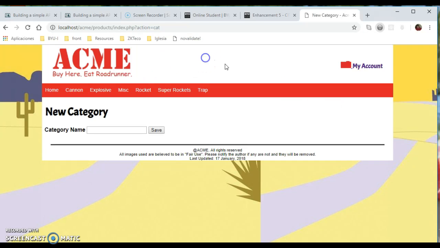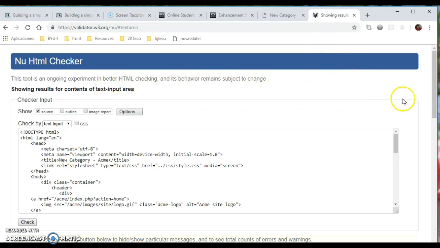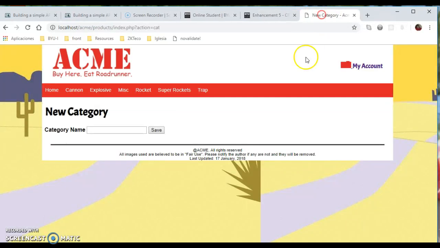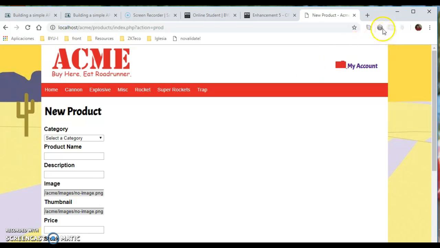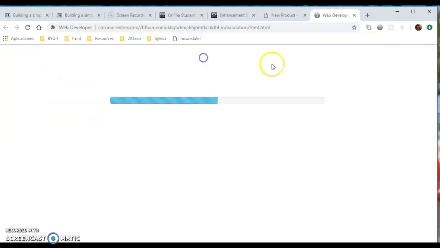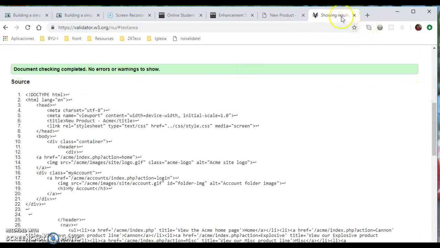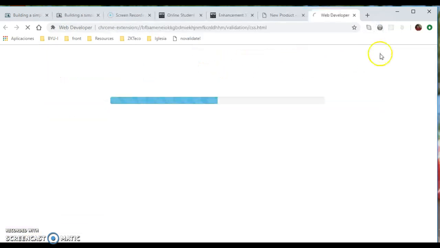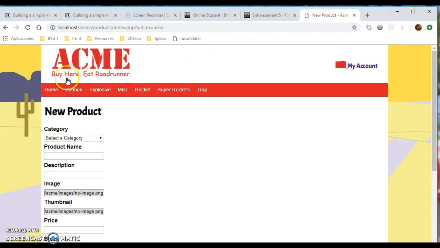So if I validate with local validation, I see this page is valid, and if I go back, new product, and do the same process, local HTML, there's no errors. And if I validate the CSS, there's no errors as well. Okay, now for the